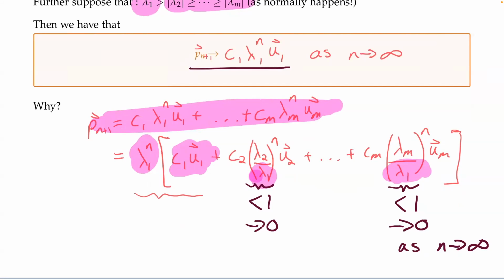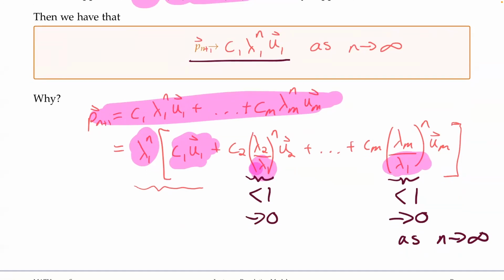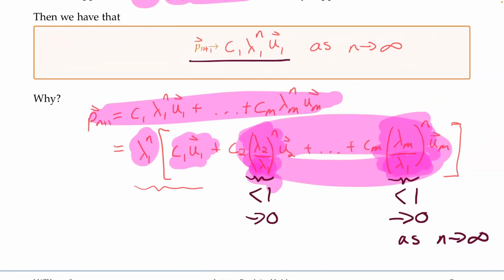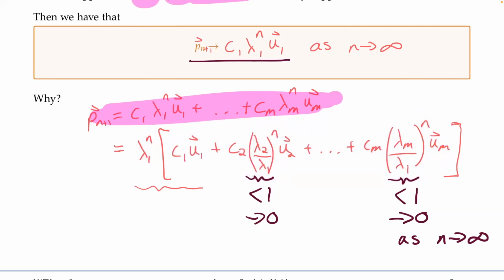Since lambda 1 is bigger than lambda 2, lambda 3, lambda 4, all the way up to lambda m, when we take any of these to the power of n, as n gets really large, they're going to get really small. So all of those things in this bracket on the right-hand side are going to get really small compared to the thing on the left-hand side. So our long-term solution essentially tends towards just this very simple thing here,